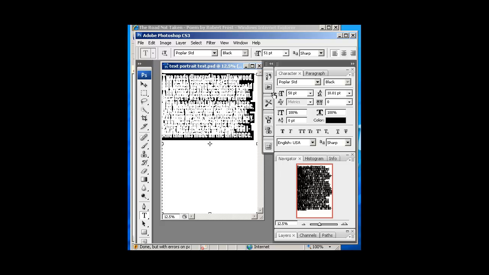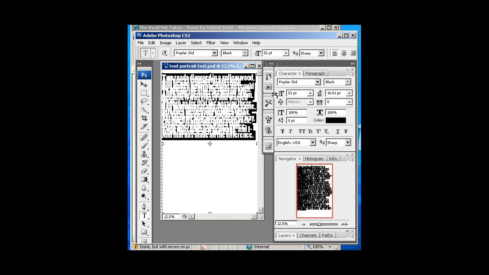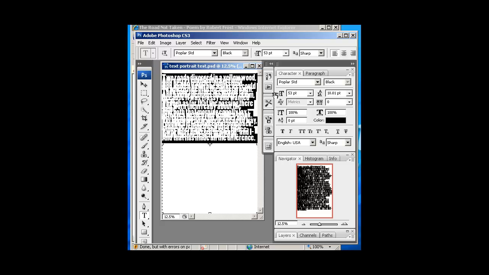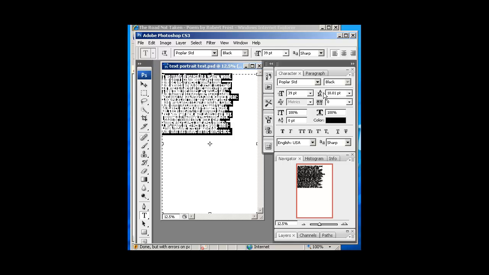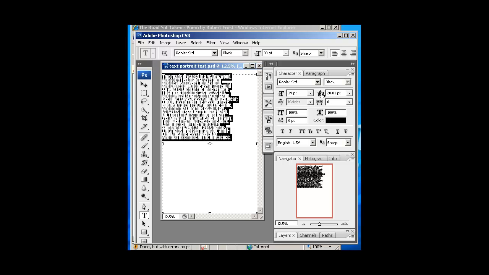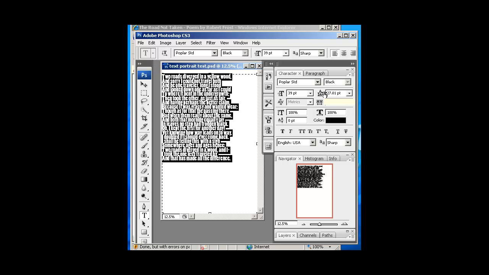So what seems to work best is if you go with a pretty small size, and I'm going to have to change that a little bit more. And basically you want to fill up that whole text box